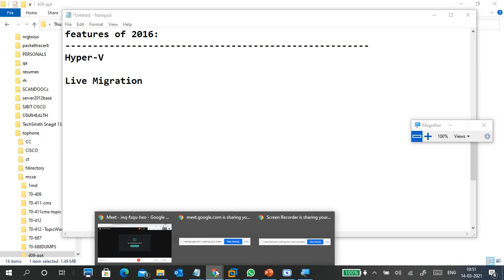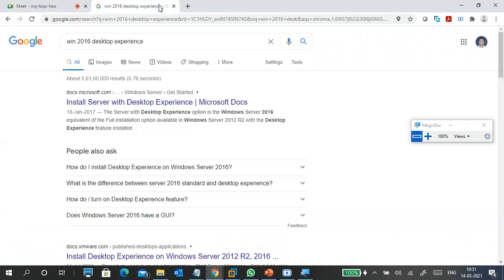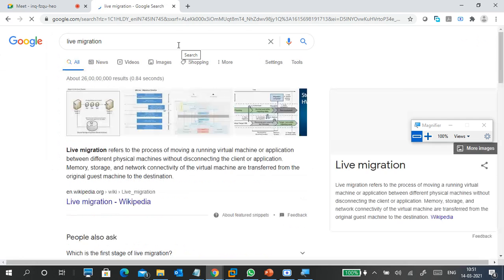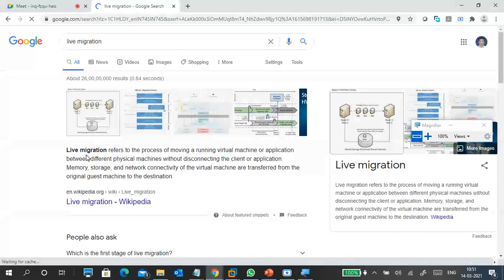I will type here. So what is live migration?